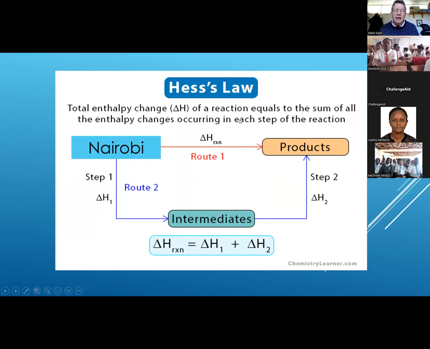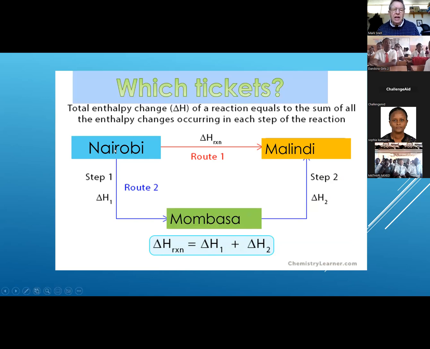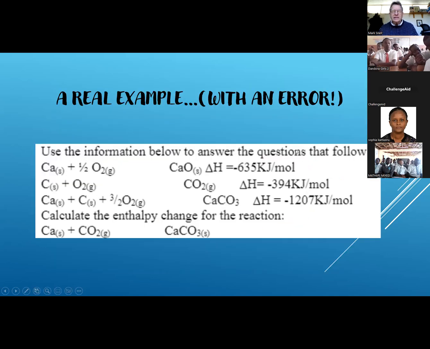And we said that it's sort of helpful if we think about a silly journey, which was from Nairobi to Malindi via Mombasa. And we said, which tickets did you need? If you have arrows which go from Nairobi to Mombasa, but from Malindi to Mombasa, then we have to reverse the Mombasa to Malindi one. We said there was an example which we took, and you guys did it and you got it right,